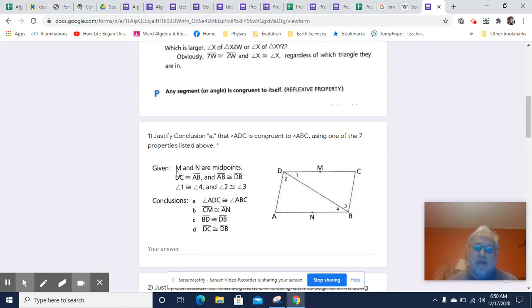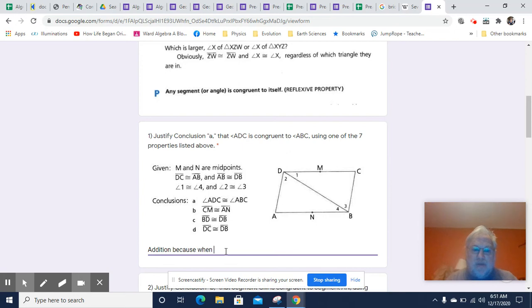We're given some information. M and N are midpoints. That doesn't help us with the angles. DC is congruent to AB, and AB is congruent to DB. That doesn't help us much with that one. But angle 1 is congruent to angle 4, and angle 2 is congruent to angle 3. So that does help us, because by addition, and that's the property we're looking for, addition will allow us to prove that conclusion, because the sums,